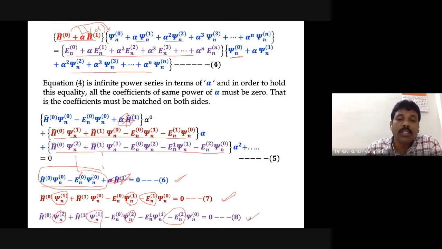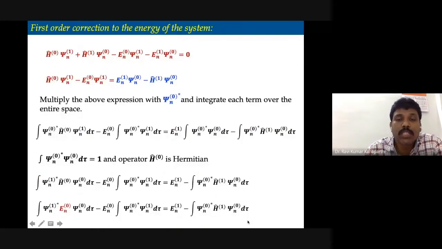Why? Because these are important. Only if you know exactly what these things are, then you can actually add to an unperturbed system, and then that becomes the Hamiltonian, the wave function, or the eigenenergy of the perturbed system. So we have to know the general expression for the first order correction to the energy of the system. Similarly, the first order correction to the wave function, the second order correction to the wave function, the second order correction to the energy, and so on.